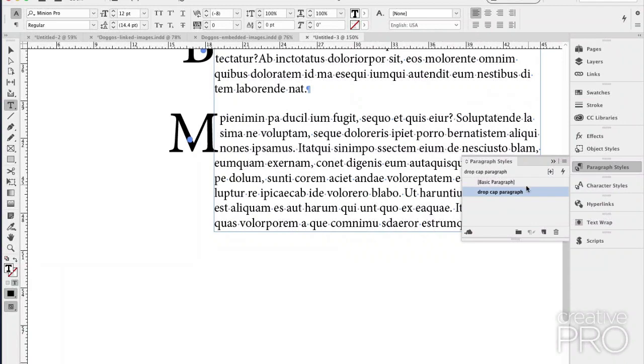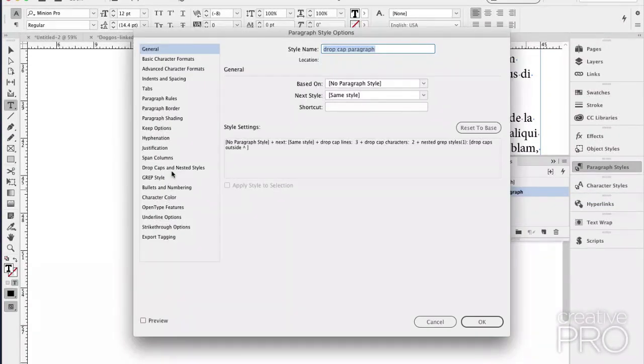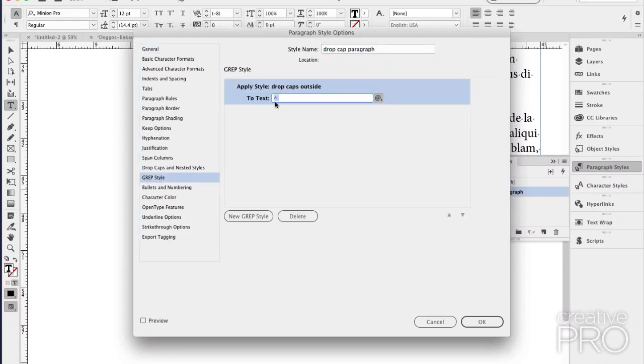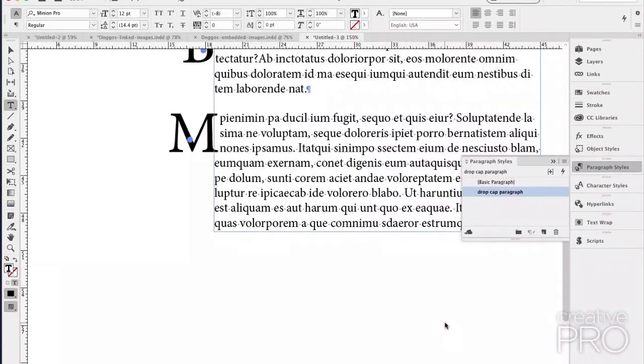That caret in the grep style, I didn't know for sure because I'm not a grep wizard like you are. The caret actually means the first space, because I didn't know that. I said, isn't it going to apply the tracking to all the spaces in the paragraph? And he said, no, the caret means the first space. And this is an actual hit on the space bar to the right. Kind of hard to tell. But you have to remember to add the space after the caret. The end.